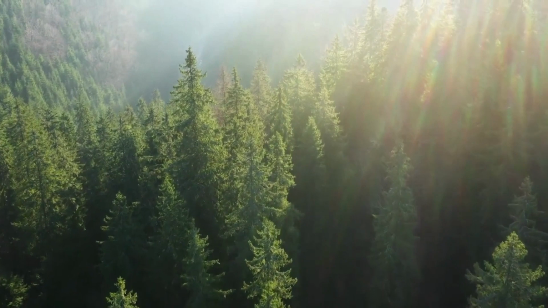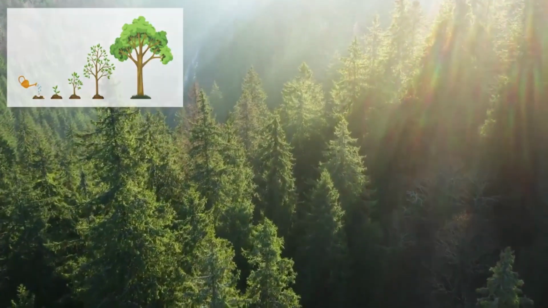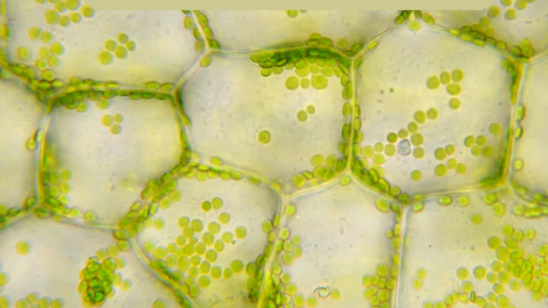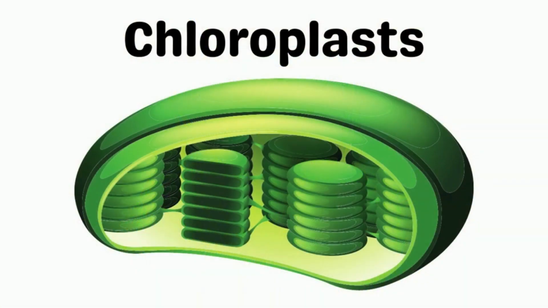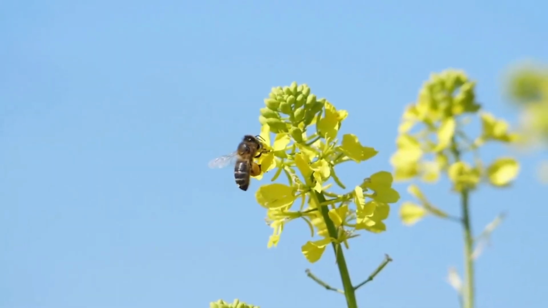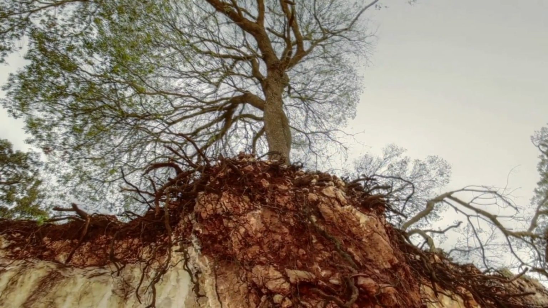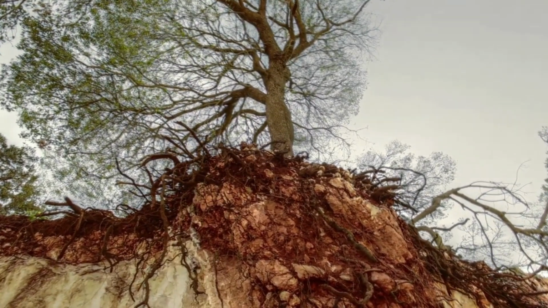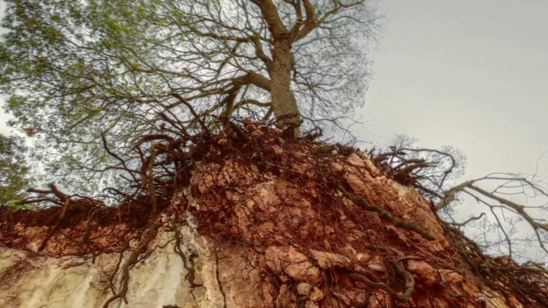Are they alive? A tree starts as a tiny seed and grows into a towering giant. Tree cells form together that give them specific structures or levels of organization. Trees have specific cells called chloroplasts that allow them to take in sunlight and convert it into energy using photosynthesis. Trees are capable of reproducing through pollination and spread their seeds. They maintain homeostasis by regulating the amount of water held in their branches and leaves. They allow water to evaporate from their leaves to keep themselves cool.